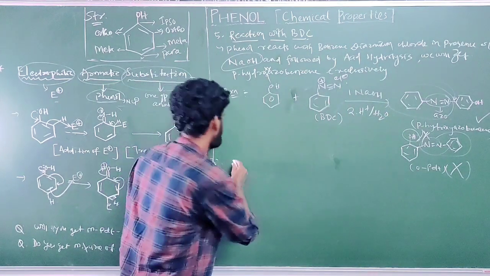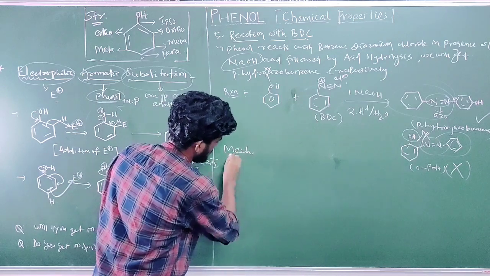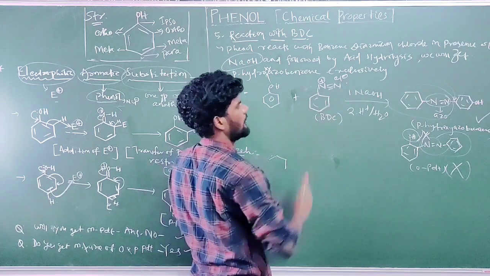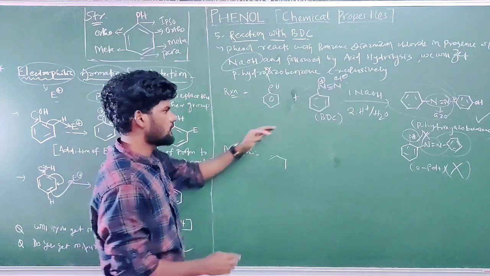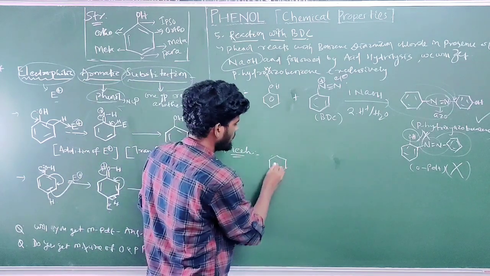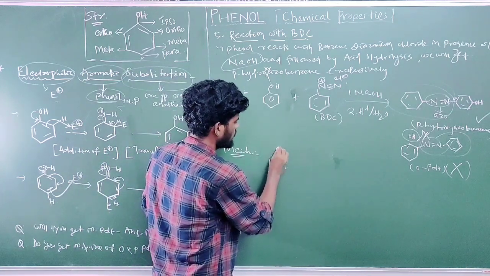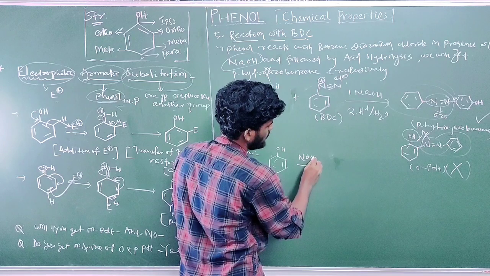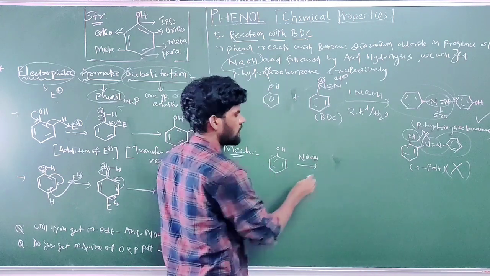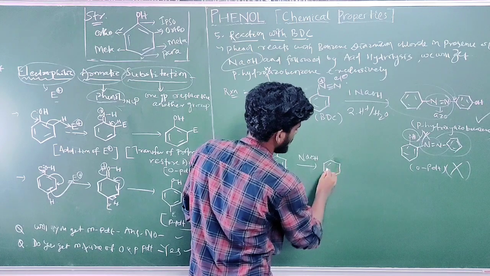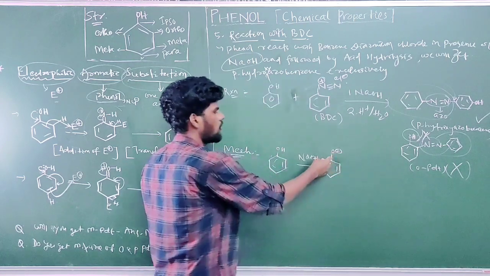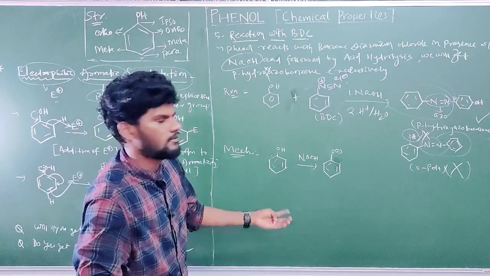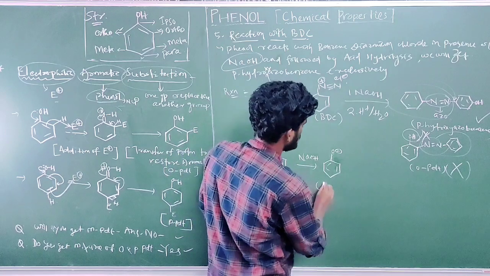Okay, I am drawing the mechanism now. I have space to write the mechanism. So, in the presence of sodium hydroxide, this is the phenol ring. Sodium hydroxide is a base, so the base will take this hydrogen to form the phenoxide ion, and the phenoxide ion is much more reactive than phenol. Why? Now the oxygen is naked, like a naked nucleophile. The O minus gives electrons to the ring faster than phenol. Okay, this is the phenoxide ion.